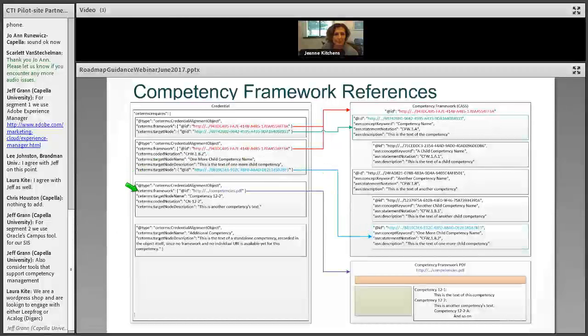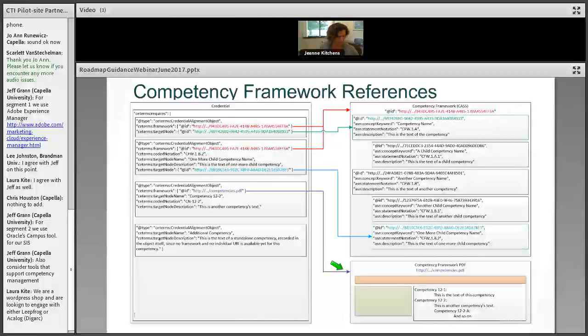So the third one down here, we can see there's only one arrow coming out of this, and it's to the framework. It's this purple arrow. Now this one goes down to a PDF. The reason we only have a framework arrow here for the PDF is because a PDF is just an object that lives at the end of a URL. There's no way to reference individual things within a PDF from an external URL. So the best we can do is just point to the whole PDF as the framework,